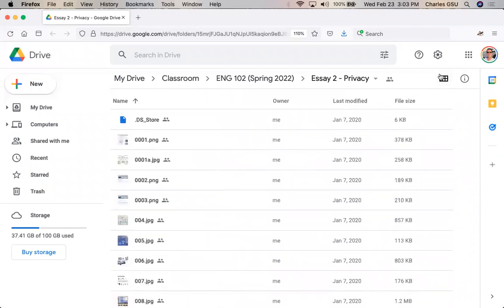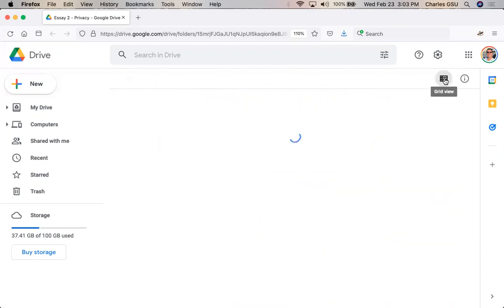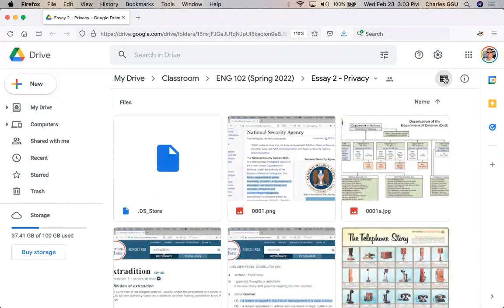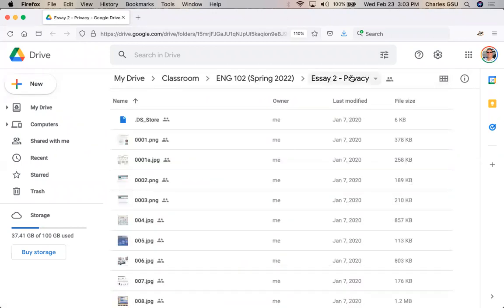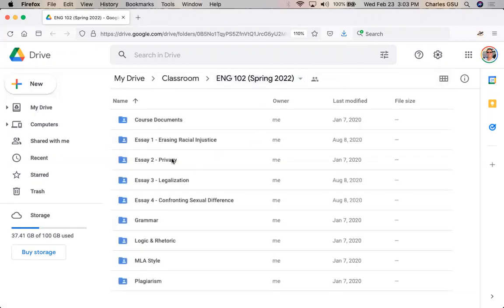Remember, if you toggle this button in the upper right-hand corner from grid to list, you will be able to see them easily in this folder called Essay 2 and Privacy, because there's all of our course folders there. Okay,